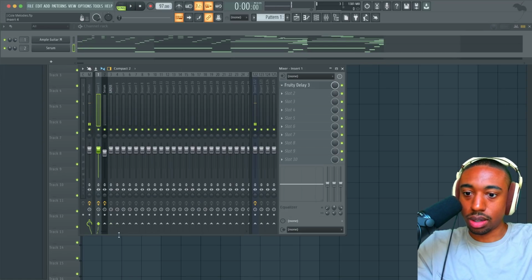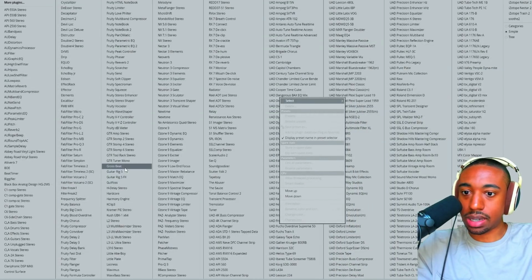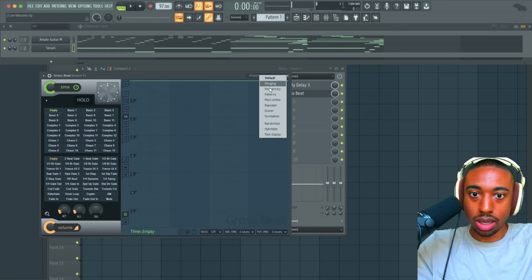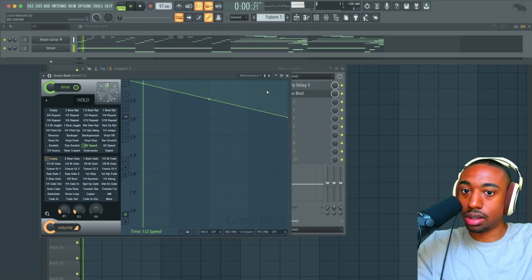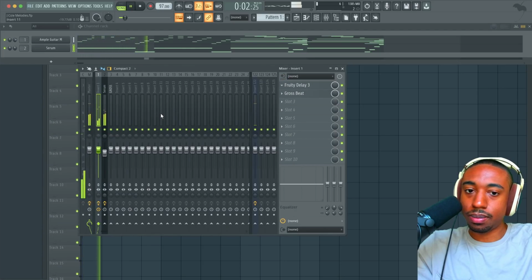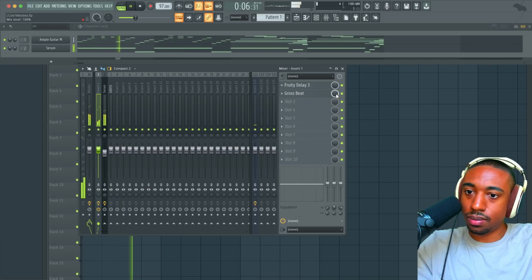Let's run the guitar through Gross Beat just to see what it sounds like at halftime. It may or may not sound cool. They use this effect in the album, but it's a little bottom heavy.